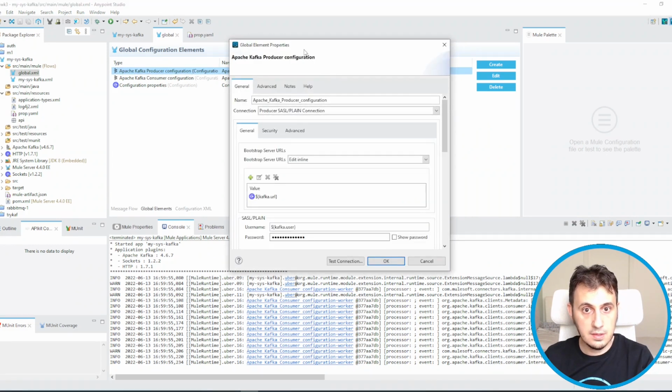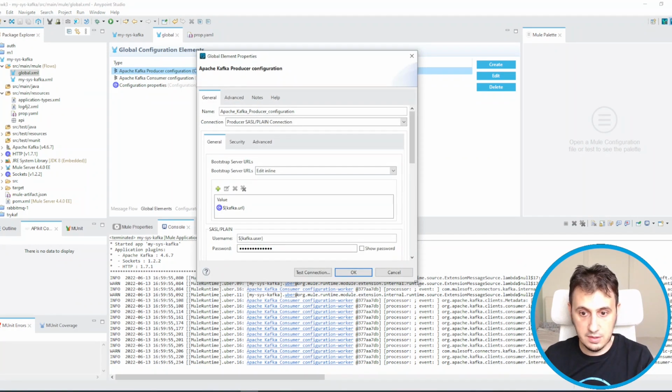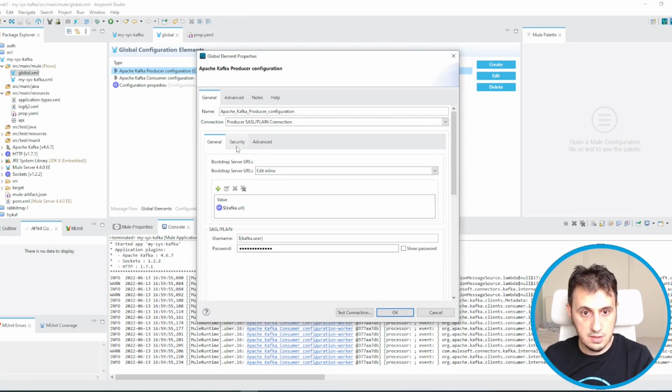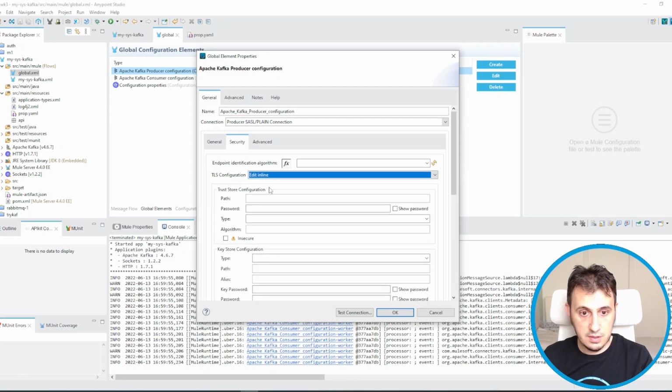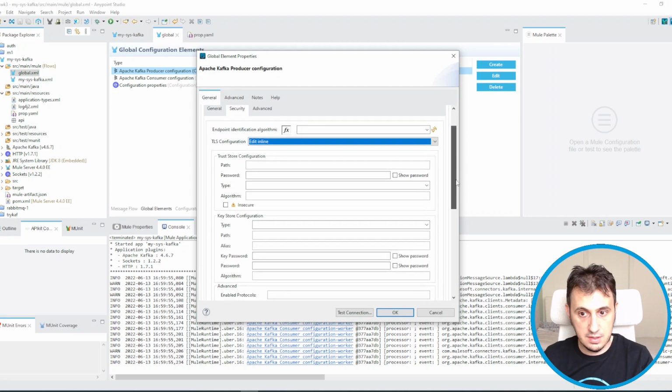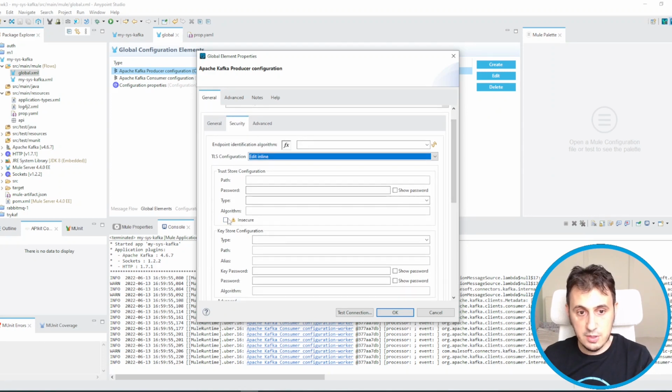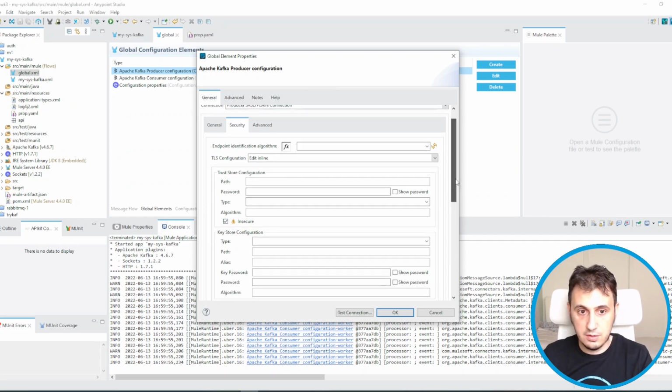An additional very important configuration is in the security tab. You have to insert the TLS configuration. For the purpose of this video, I can also set this insecure flag. At the moment, it's not important to create all this stuff for the purpose of my video.